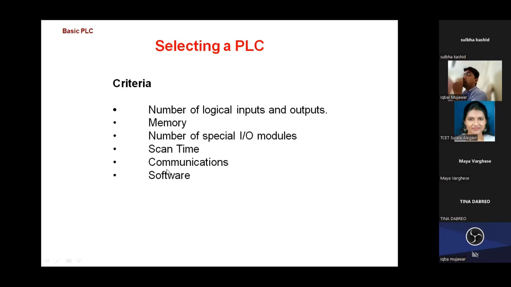and what kind of communication the PLC provides. Nowadays Wi-Fi PLCs, wireless PLCs, are also available. No wiring is required; I only need to connect through a Wi-Fi router and I can send the signal wirelessly. Some are wired, and some internet-connected PLCs are also available nowadays. So we also need to decide what communication channel I am going to use and what software I am going to use to upload to the PLC. These are the criteria I need to consider while selecting the PLC.